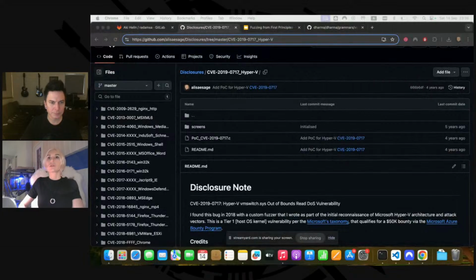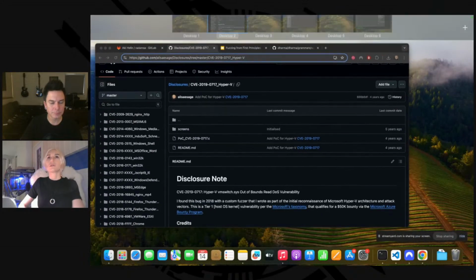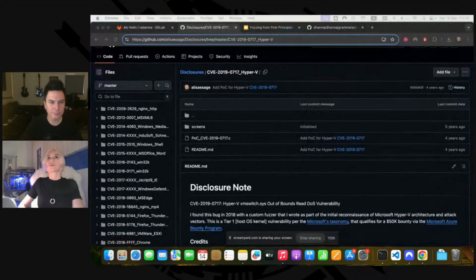Okay, I need Linux for this, because the drivers for Hyper-V are embedded inside of Linux. So I'm going to just take my Linux box.